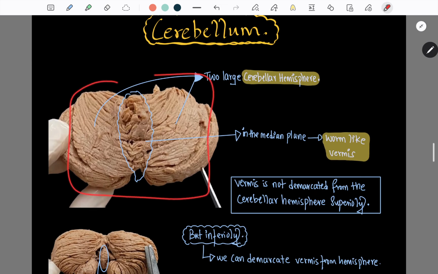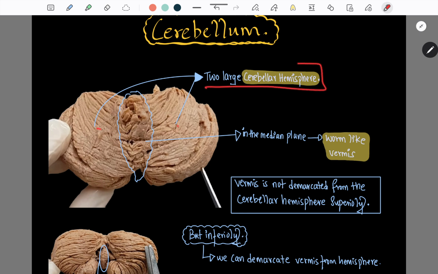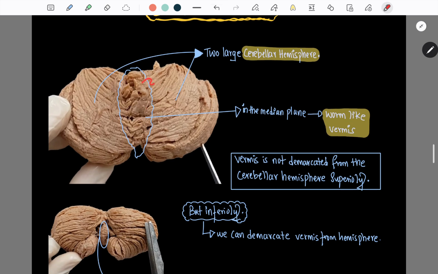This is the superior aspect of the cerebellum in an anatomical dissection. It contains two large cerebellar hemispheres, and in the median plane you can see a curvature. This is like a worm, so worm-like, the vermis. In the superior aspect, this vermis is not demarcated from the cerebellar hemisphere. There is no fissure or anything to separate it, so it is written that the vermis is not demarcated from the cerebellar hemisphere superiorly,